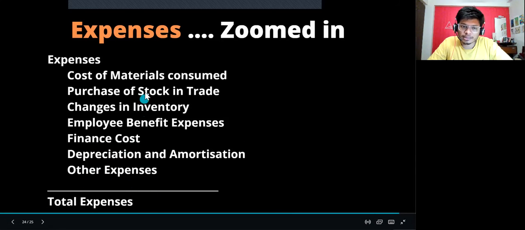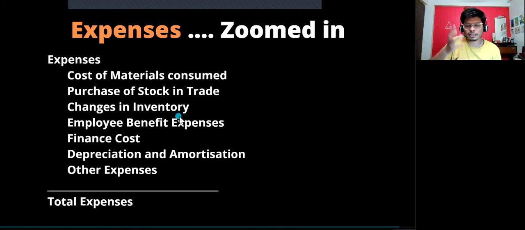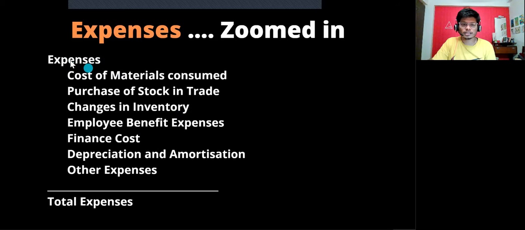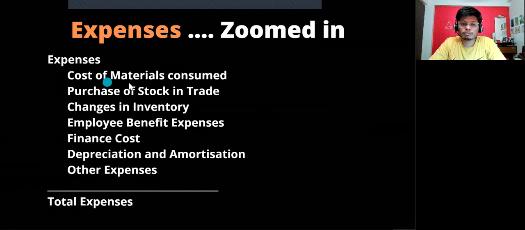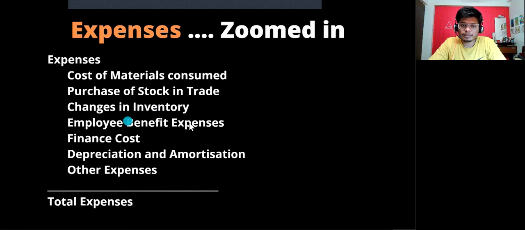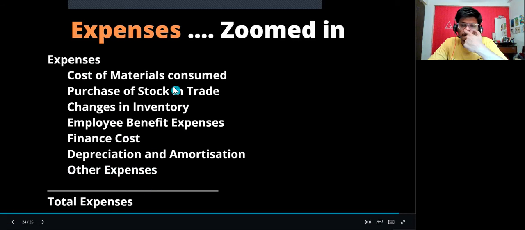And then any other expenses that are there, you can put them in other expenses, and then in the schedule you can just give a schedule of this much amount for the other expenses, and show that. So that's all my expenses. Let me just recap. Expenses include what? Firstly, the cost of material consumed, purchase of stock in trade, changes in inventory, employee benefit expenses, finance cost, depreciation, amortization, and other expenses. These make up your total expenses. Got it?